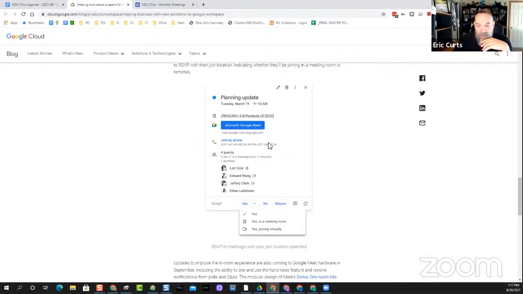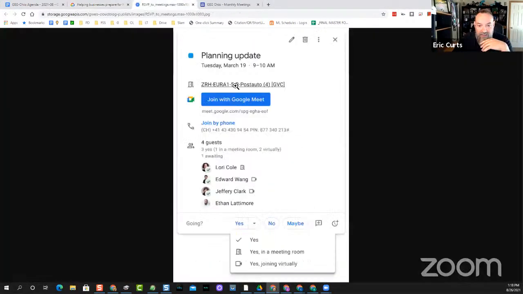And this is where it talked about that. I'll open this image up so you can see it a little bit better there. That when we create calendar events, one of the options when you say, yes, I'm going to be going to this event, is instead of just saying, yes, I'll be there, the ability to indicate how you're going to join